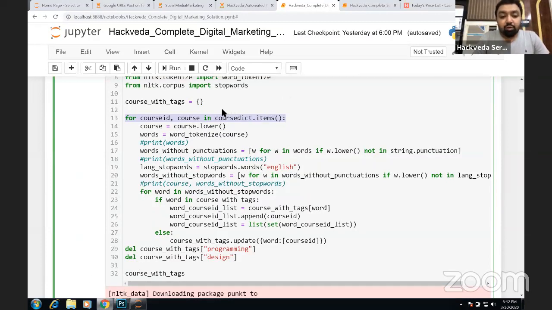So now we are going to use course dictionary, and using dot items function, we are going to iterate over all the items available in our database, in our dictionary. So we are going to fetch these 2 information, the name of the course, and we are also going to extract information about the name of the index. So above we have made a dictionary where course ID was the index and course name was the value. So we are going to extract this information.